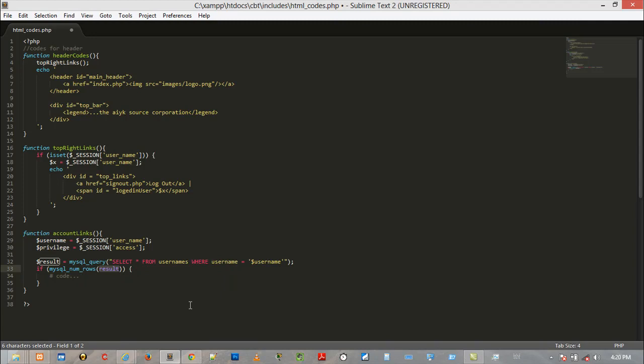So if num rows of this query result is equal to 1, which definitely should be 1,